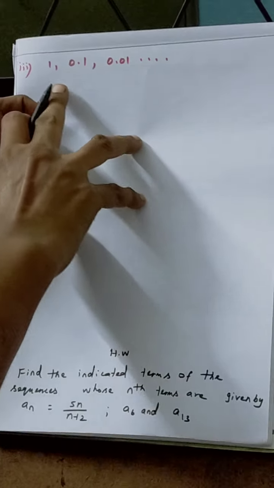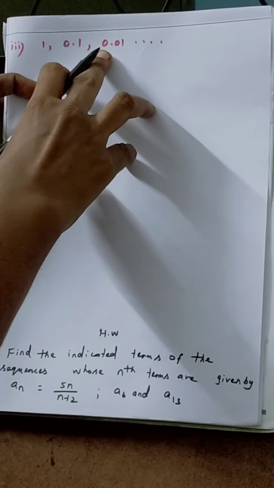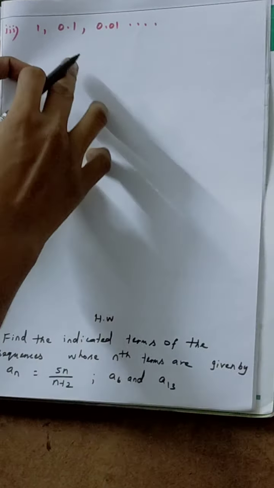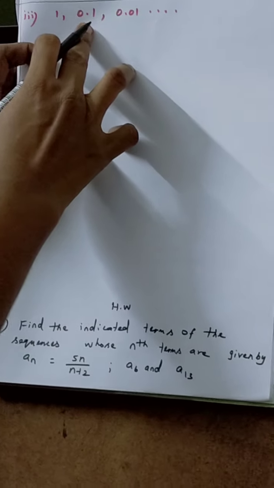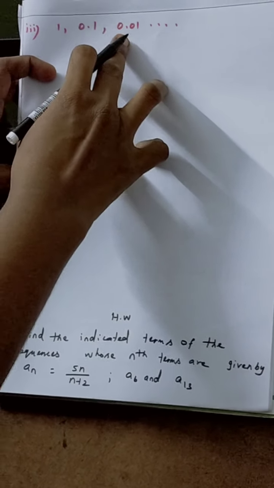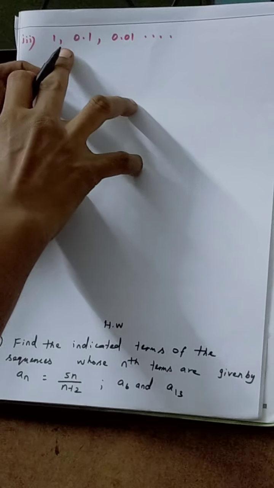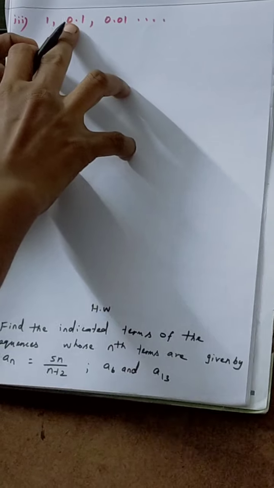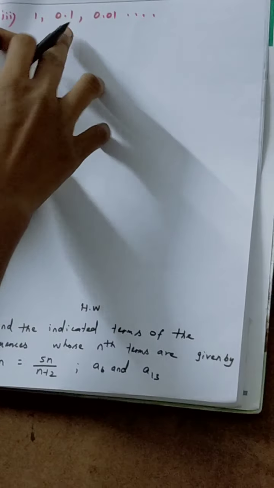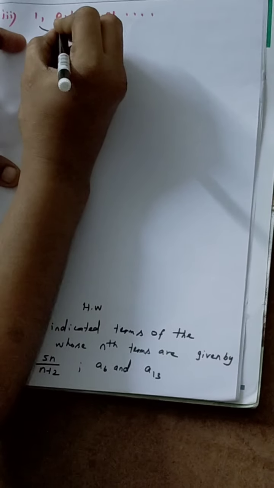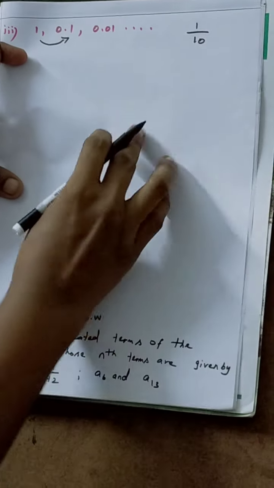So third question, find the next 3 terms of the following sequence: 1 comma 0.1 comma 0.01, etc. So the first number is the natural number 1. The second term is 0.1, a decimal number given. Then the third term is 0.01. So both terms are decimals only given. So apply the 4 operation symbols. So what is the symbol applied? Decimal numbers given means you divide the term only. So 1 decimal, next term is 0.1. So each term, the first term is divided by 10. So see the term 1 divided by 10. So what is the answer?